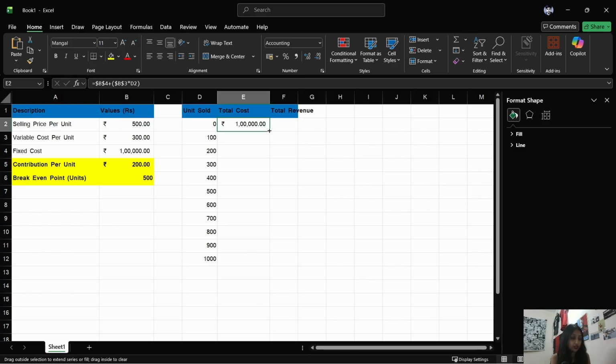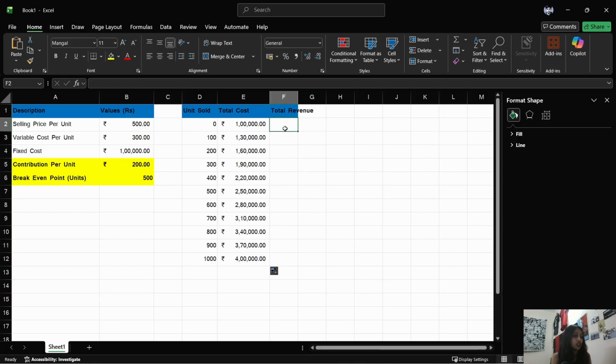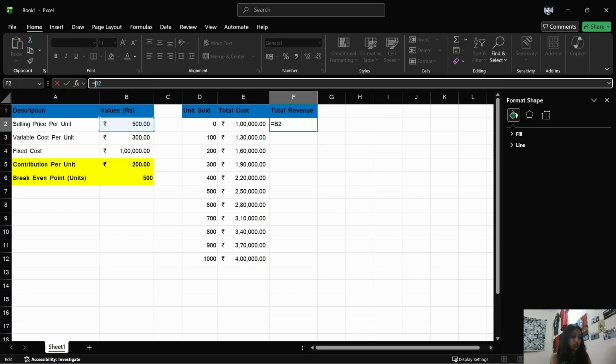Now I'm gonna drag. Yes. Now let's calculate total revenue equals to the total revenue formula is selling price into units sold. Our selling price is 500 rupees, and I'm gonna lock it because it's gonna be same for all the units